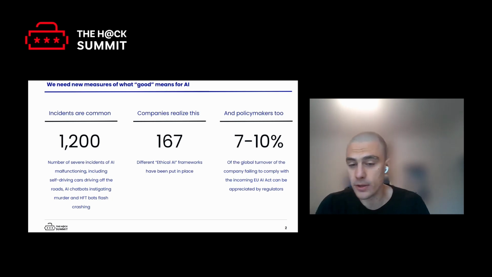There's growing interest from regulators, too, with the EU AI Act being enacted, and it's expected to come into force in 2 or 3 years' time. And the regulators have been increasing the fines for non-compliance for organizations that are opting out of those solutions, that are not validating AI, and that continue to operate as they are. Those fines can range from 7 to 10% of the global turnover of companies that are violating the provisions of the EU AI Act. And with so many different regulations also popping up in the US, in the UK as well,